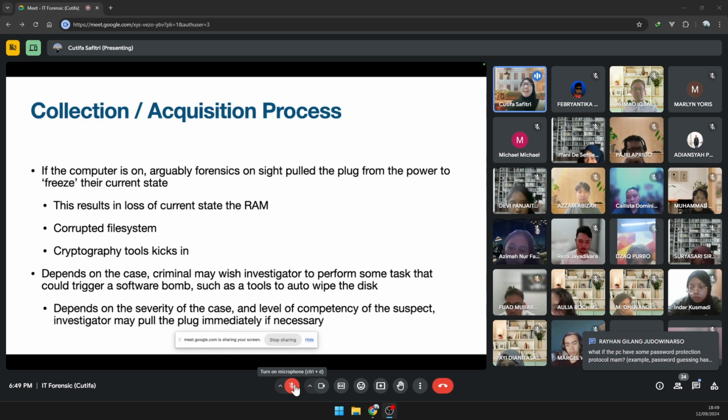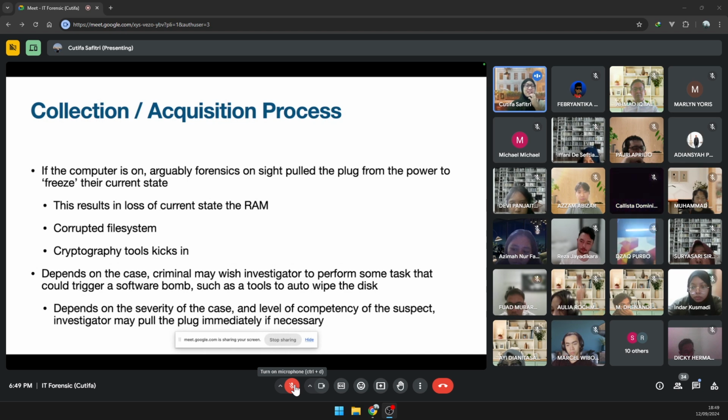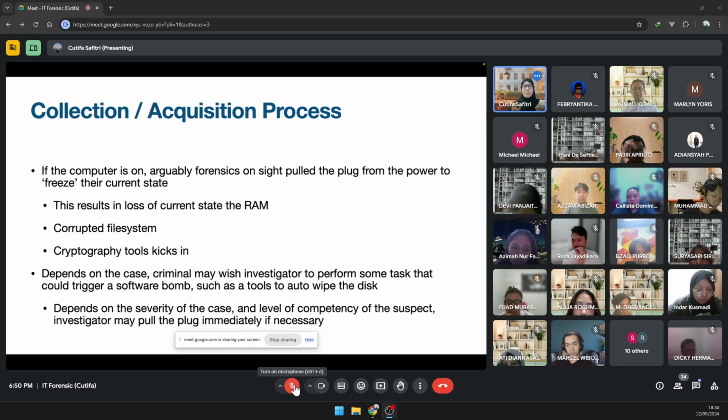No, no, no, no. And then every application closes. So you are actually erasing the evidence. But if you pull the plug immediately, the forensics investigator argues that you are freezing the current state of whatever is opened. For example, imagine Microsoft Word closed abruptly. When you open it, it will say, would you like to save the previous one? Or some recovery mode and so on. So this is what we call freezing the current state.